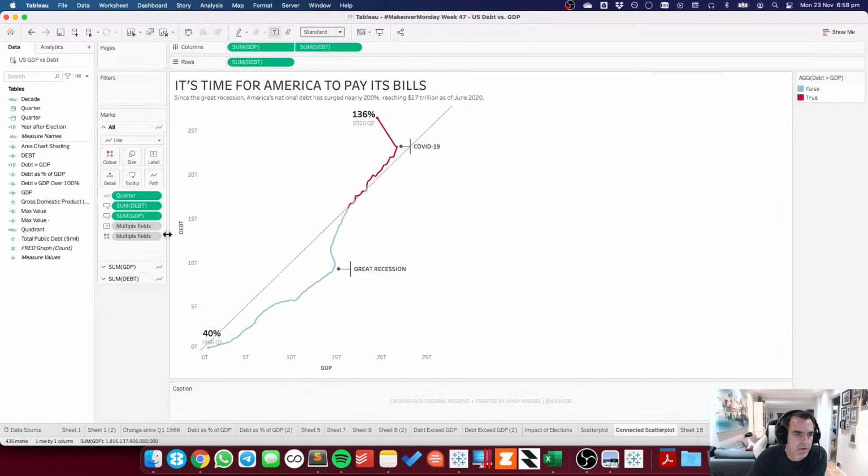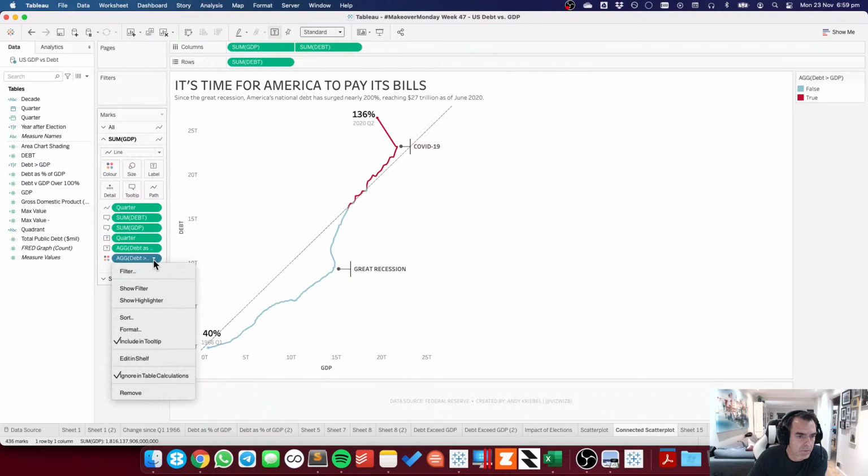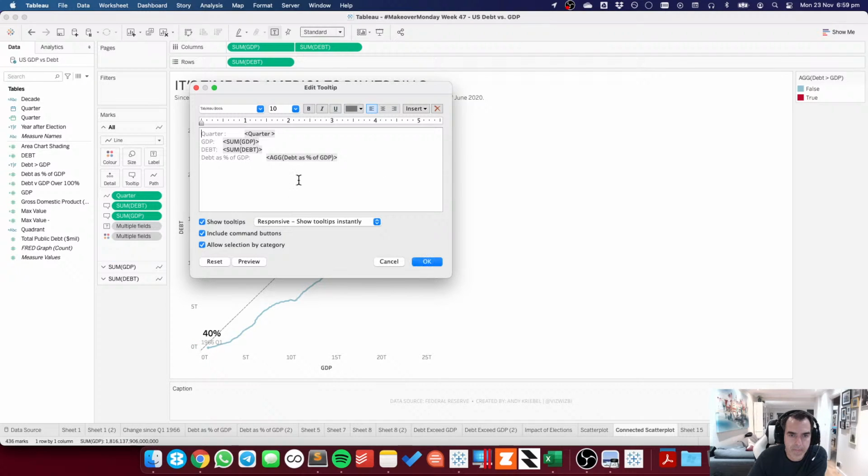Connected scatter plot. So what do I have here? Quarter debt versus GDP. So I'm going to remove that from the tooltip, and now I can clean the whole thing up. So quarter, let's make this a bigger number. Debt as percent of GDP.